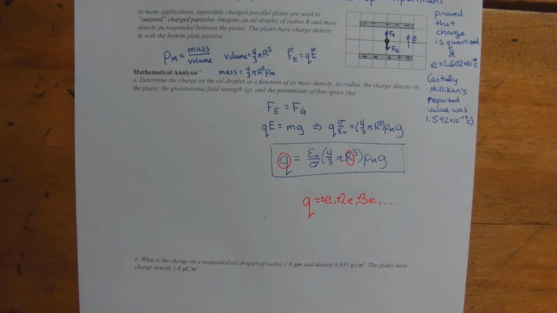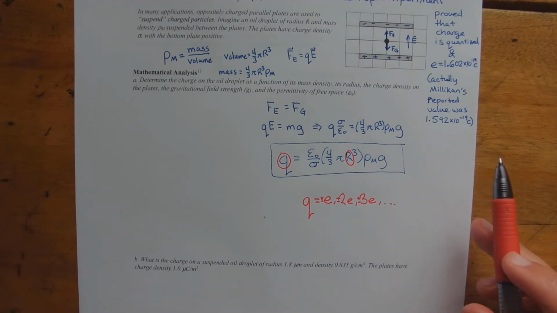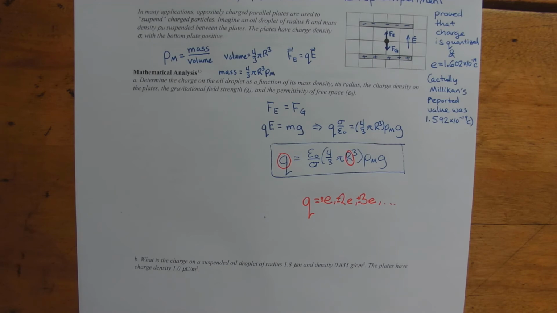And if you're interested in knowing more about this experiment, if you take Physics 262 here at MCC, one of the labs is actually the Millikan oil drop experiment. However, our Millikan oil drop experiment has been leaking oil, and so rather than doing the actual experiment, we've been doing a simulation. But if you take Physics 261, you get to do that simulation and learn more about the Millikan oil droplet experiment. So he actually got the wrong value,